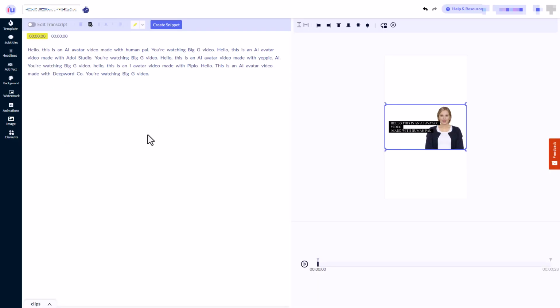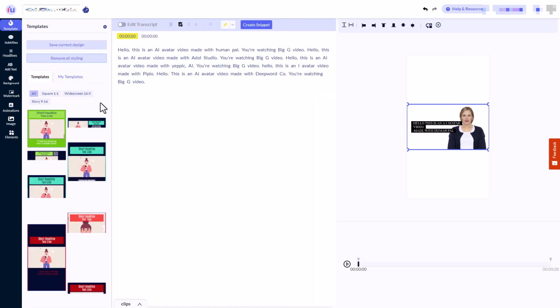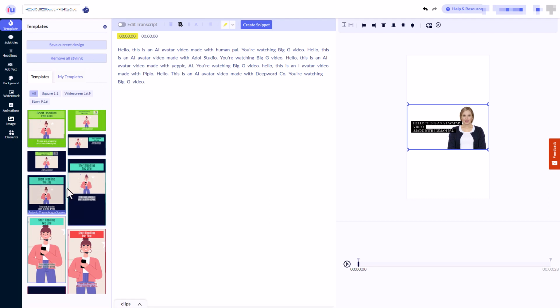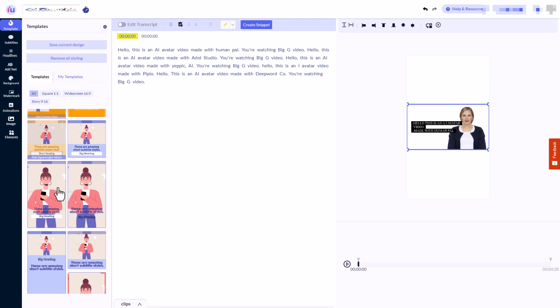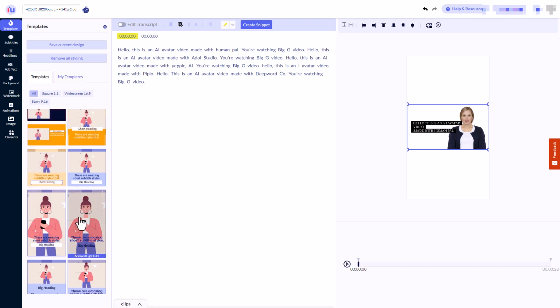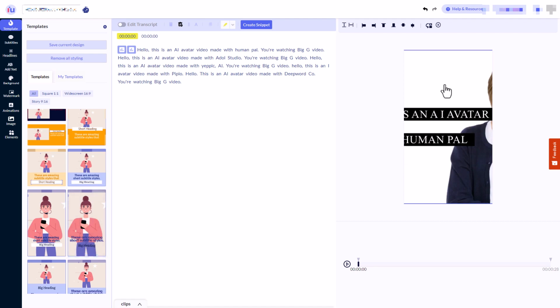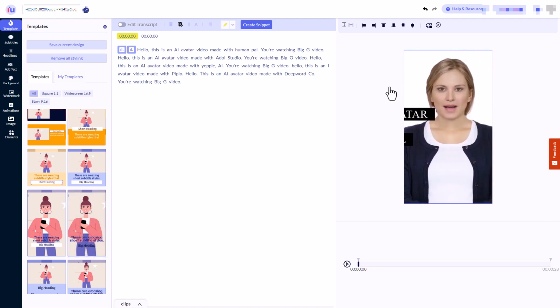So I'm back in InVideo, and I can go and manually add things like headlines, text, change the backgrounds, add animations, add all the other things. But I'm going to click on templates because I just want to pick a template. So here I've got much more variety of templates compared to Type Studio. So I can crop in and I can add things. If I pick this template, you see it just crops in like that.